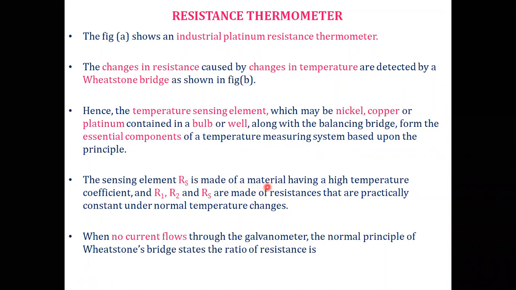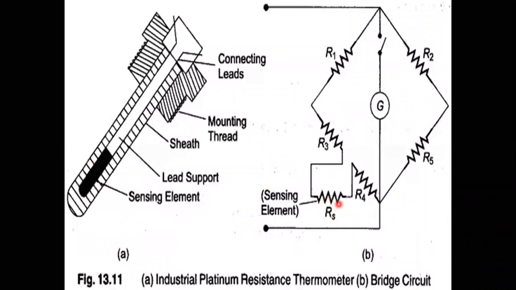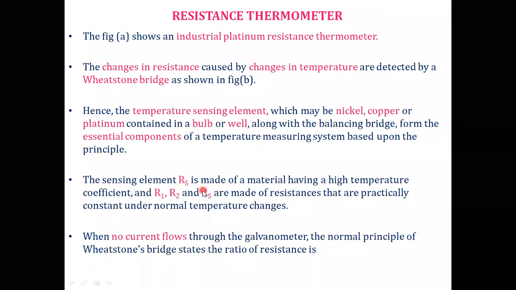The sensing element RS is made up of a material having a high temperature quotient. The resistances R1, R2, R3, R4, and R5 are made up of resistances that are practically constant under normal temperature changes. When no current flows through the galvanometer, the normal principle of the Wheatstone bridge states that the ratio of resistances is given by